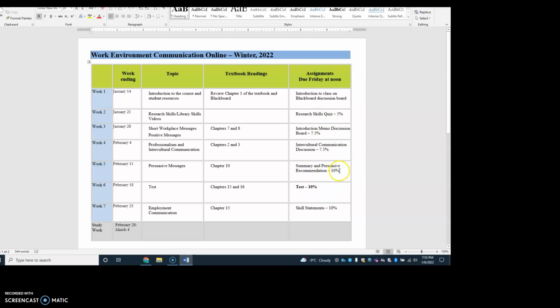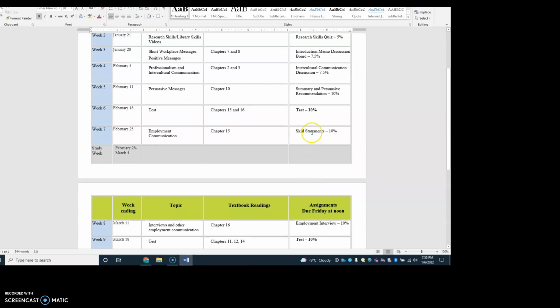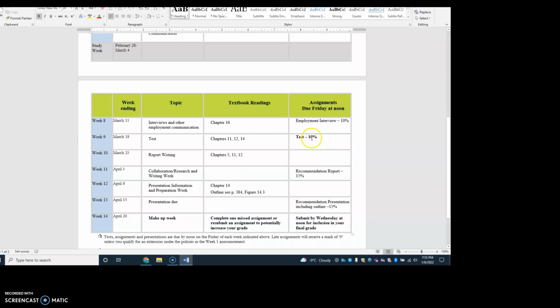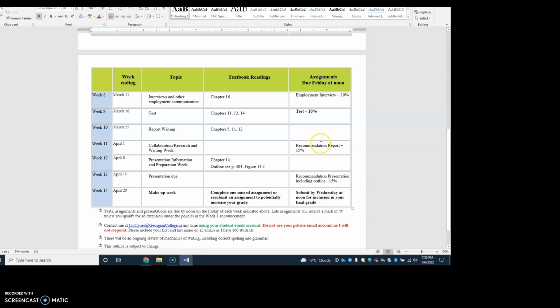Okay. As you see, in the weeks to come, lots of different stuff going on. Quizzes, memos, short report. Your first term test is week 6. A couple of employment-related assignments around reading week, one before, one after, followed by your second term test. Then we get into a fairly large report that you're rewriting, which then becomes a presentation. So this last 4 weeks is kind of one great big thing with a few different parts to it.